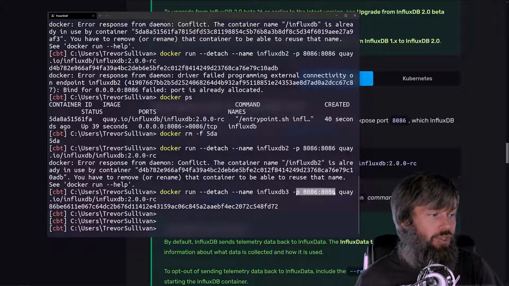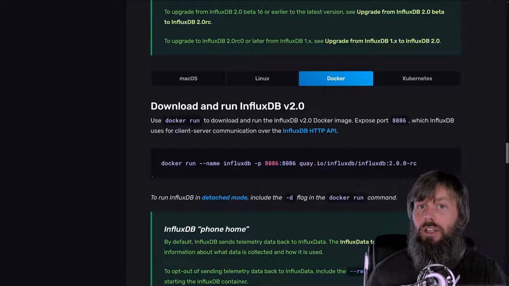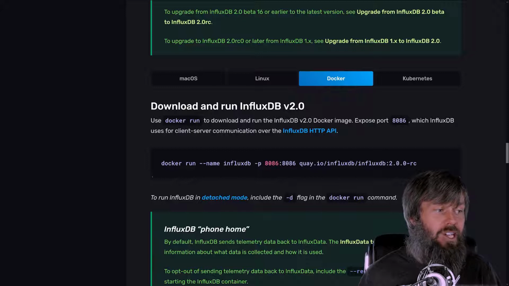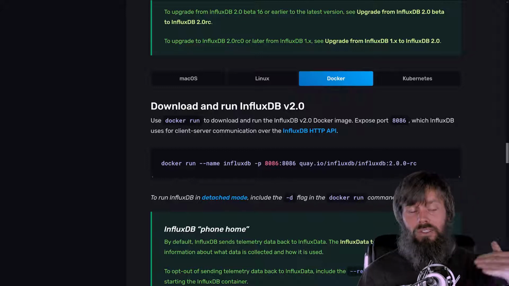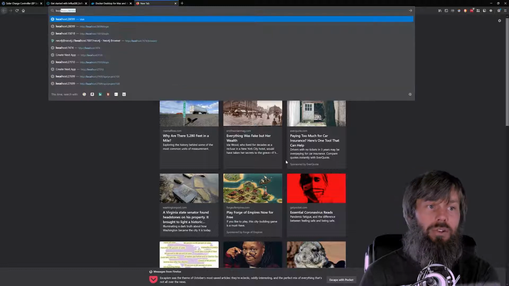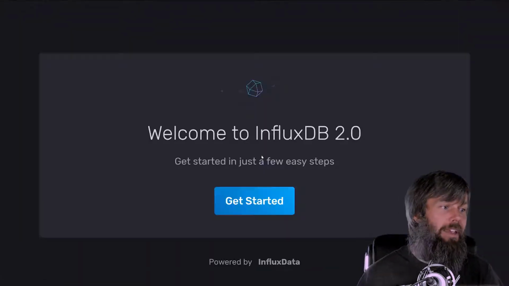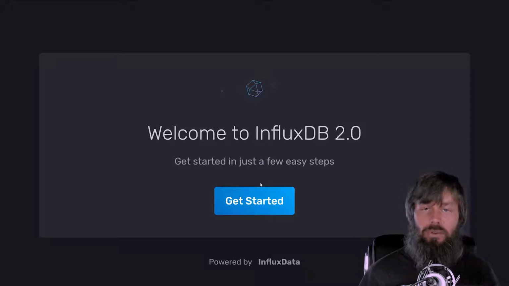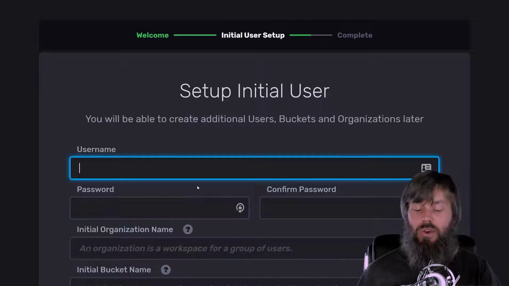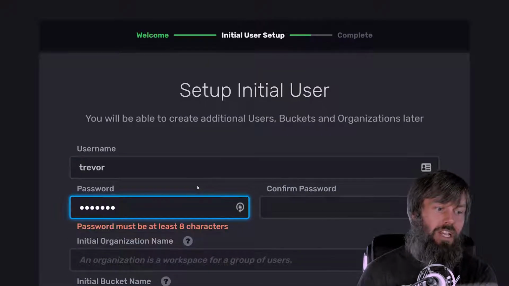The other thing I would draw your attention to is the -p parameter that we grabbed from the documentation, where we're exposing TCP port 8086 from our host operating system into that container. So now we can fire up our browser, go to localhost port 8086, and that is going to take us to the first run experience for the InfluxDB engine. You can go ahead and hit get started and then type a username and password,